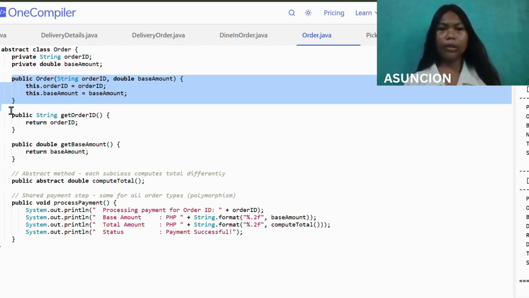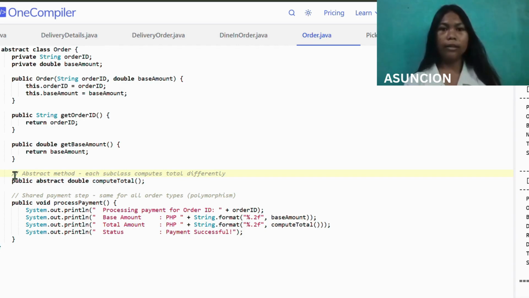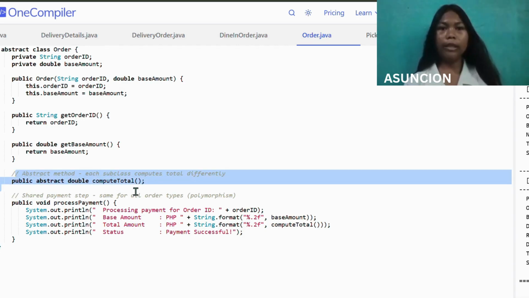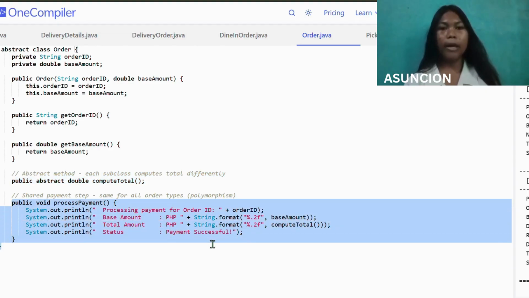Now, the most important part is this line. Public abstract double computeTotal. This is an abstract method, meaning it has no body. Each subclass will provide its own way of computing the total amount. We also have a shared method, public void processPayment, and a System.out.println of total amount pesos plus computeTotal. This method uses polymorphism because even though computeTotal is called here, the actual computation depends on which subclass is